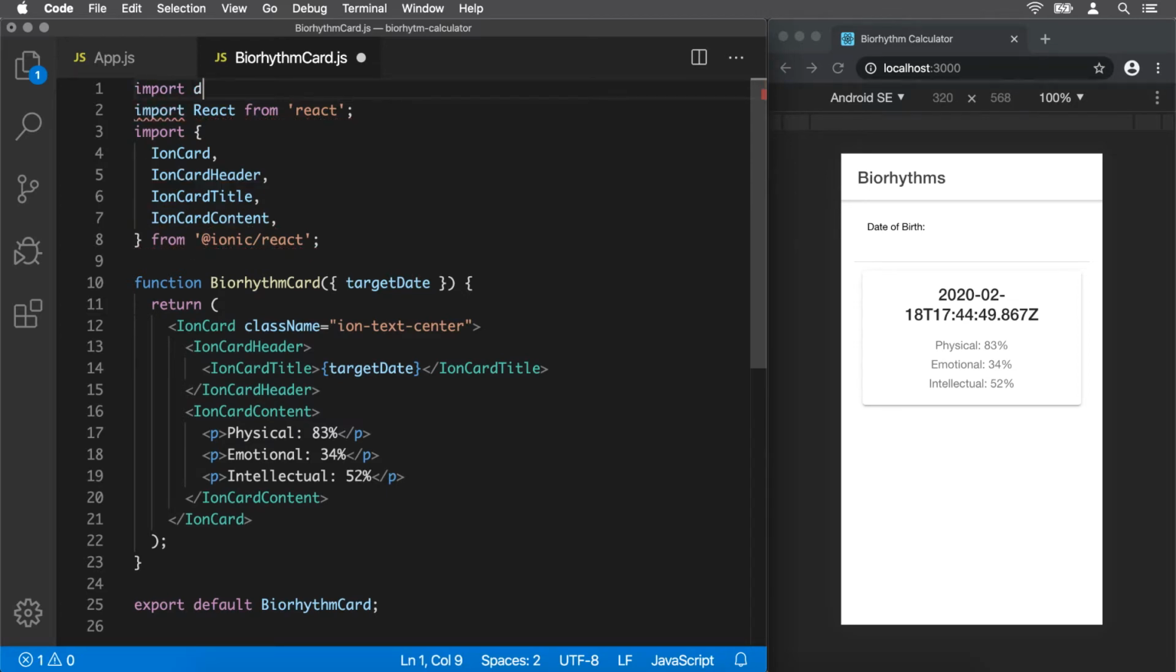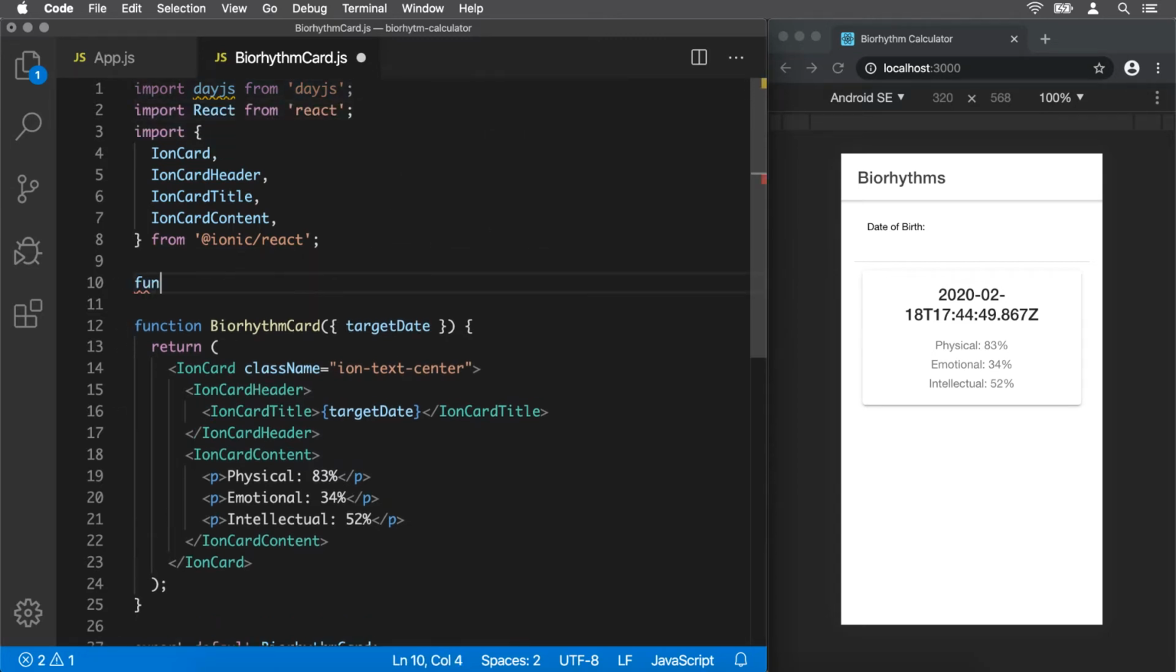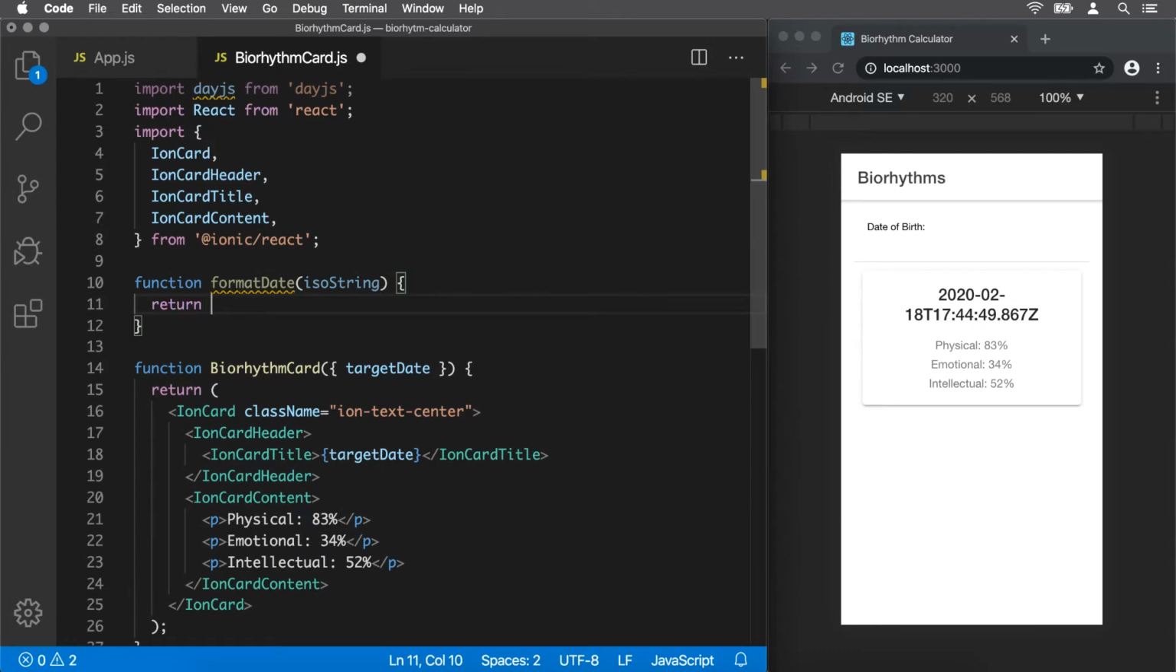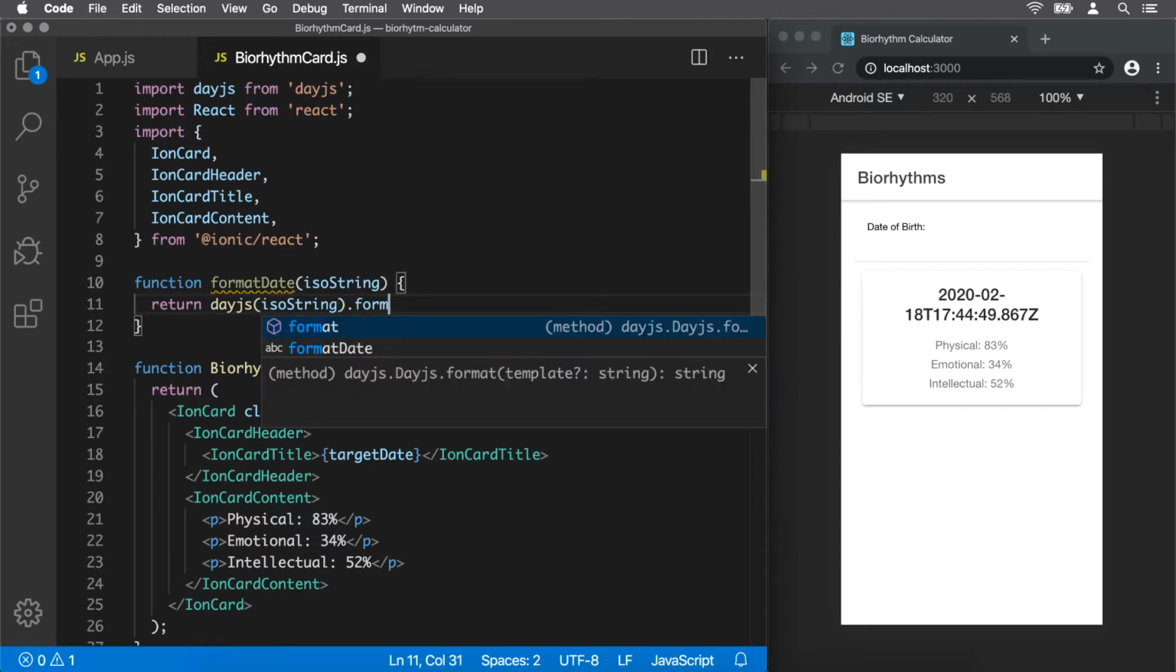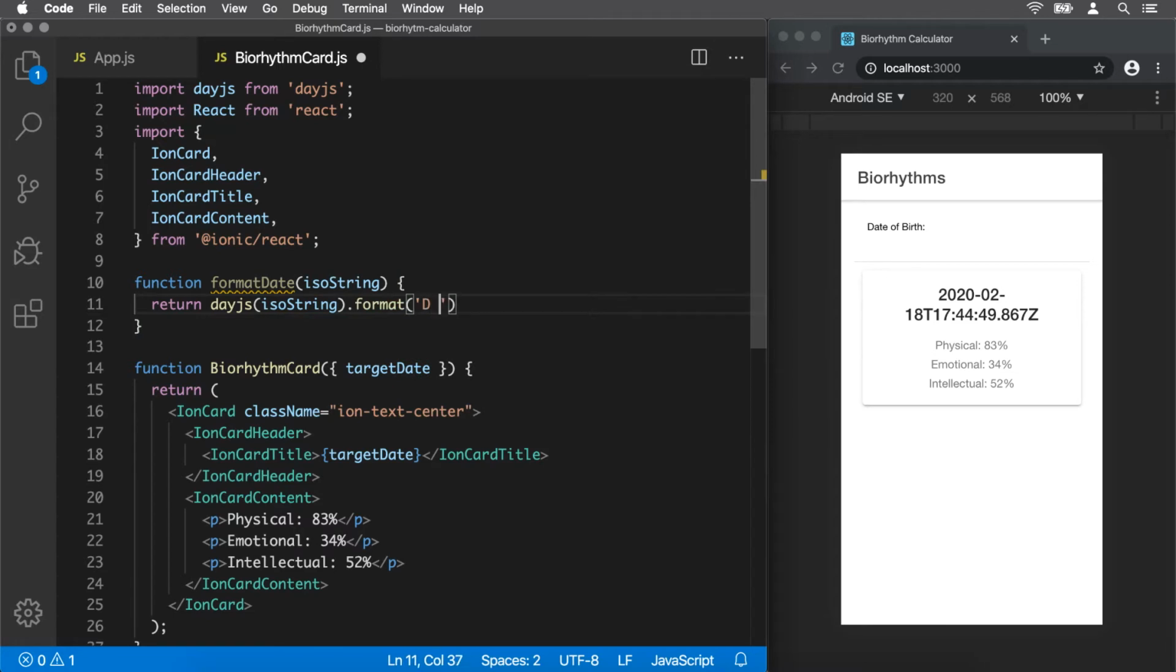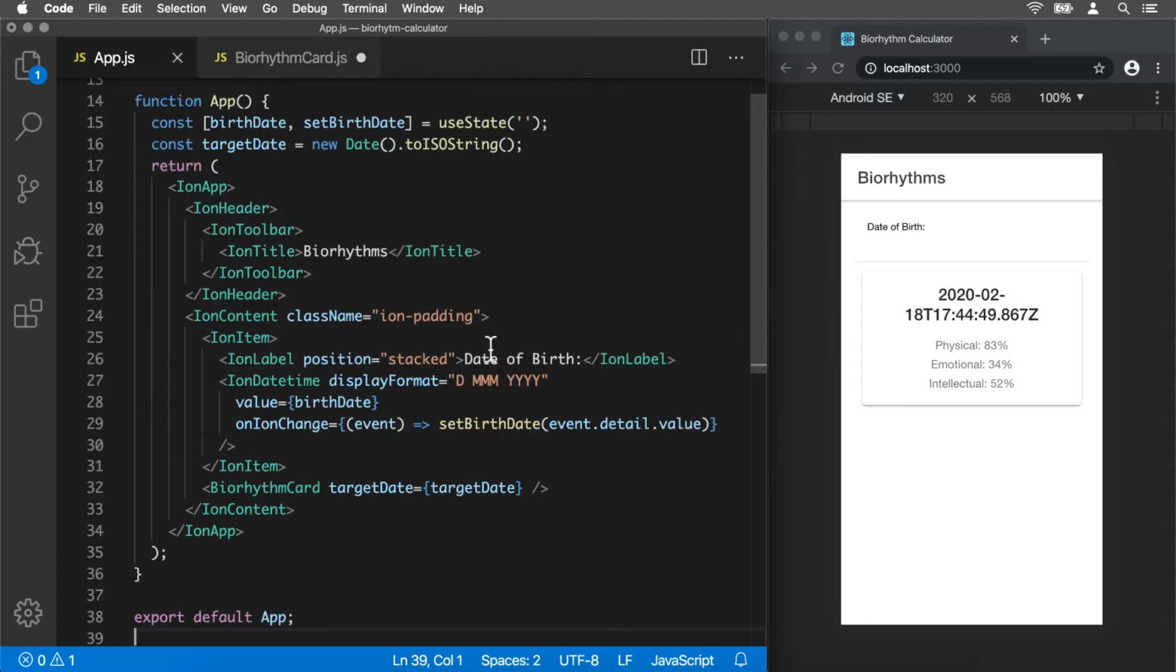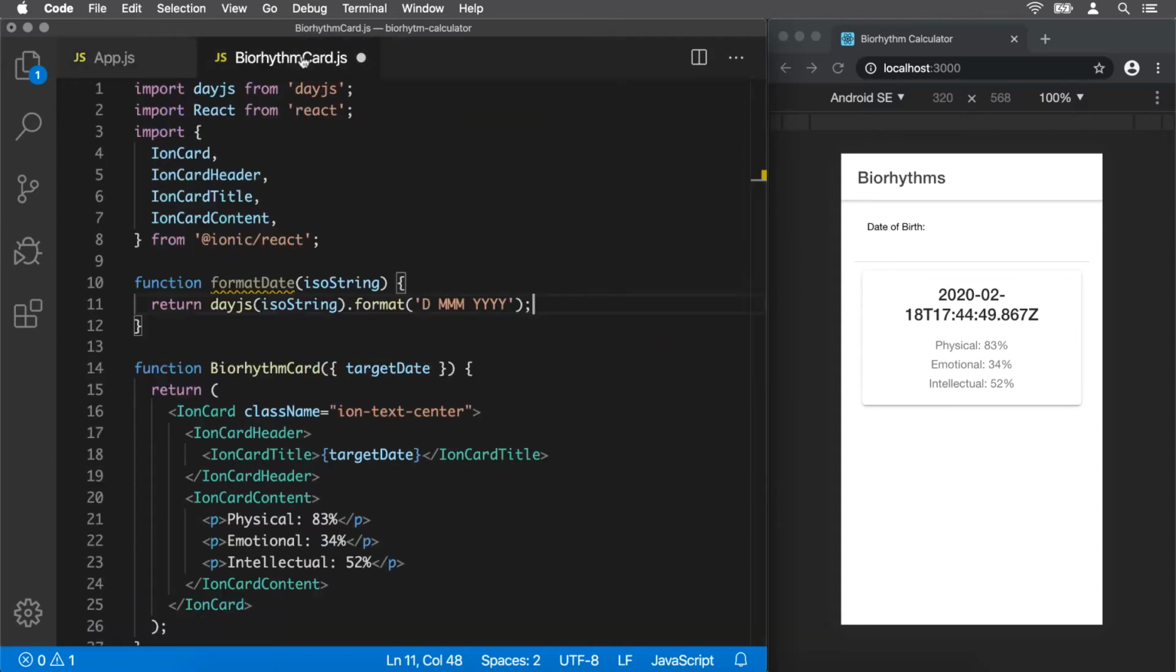We want to import Day.js from the Day.js module. And then we can add a function, let's call it formatDate, where we take a date as an ISO string and return what? We want to first pass the ISO string into a Day.js object, then we can call the format method and pass a format string with day, month, and year. I'm using exactly the same string I used for the IonDatetime component, so the user will see all dates in